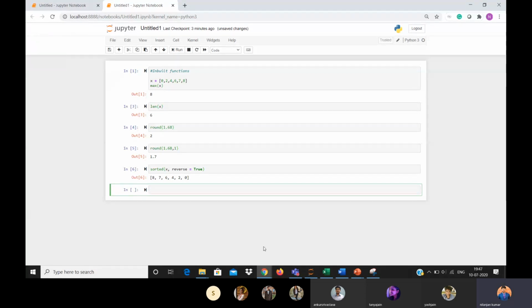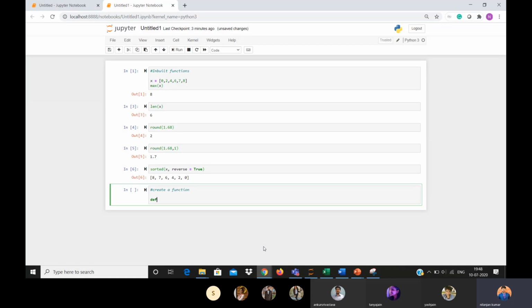You can also create your own function. To create a function, the one thing you should remember is the def keyword. We use def to create a function.